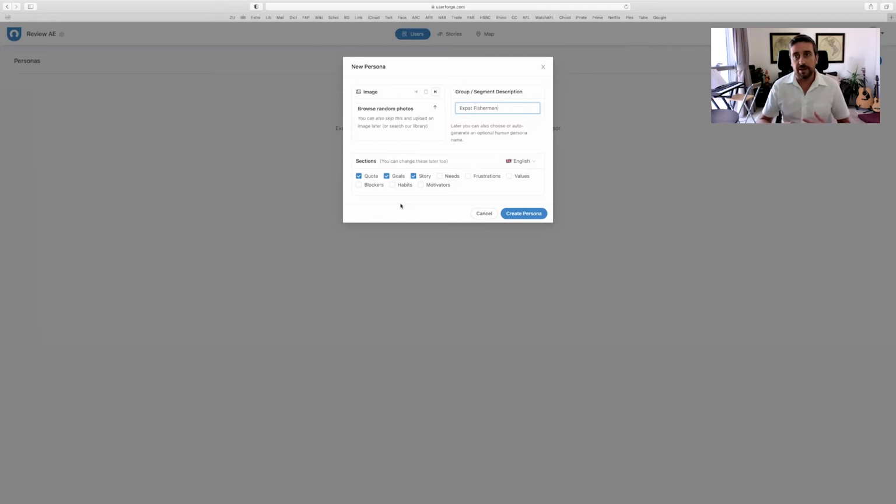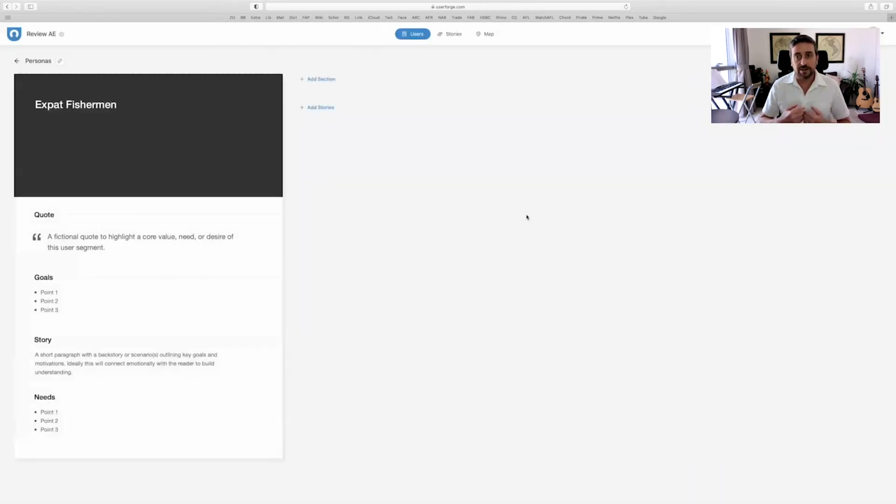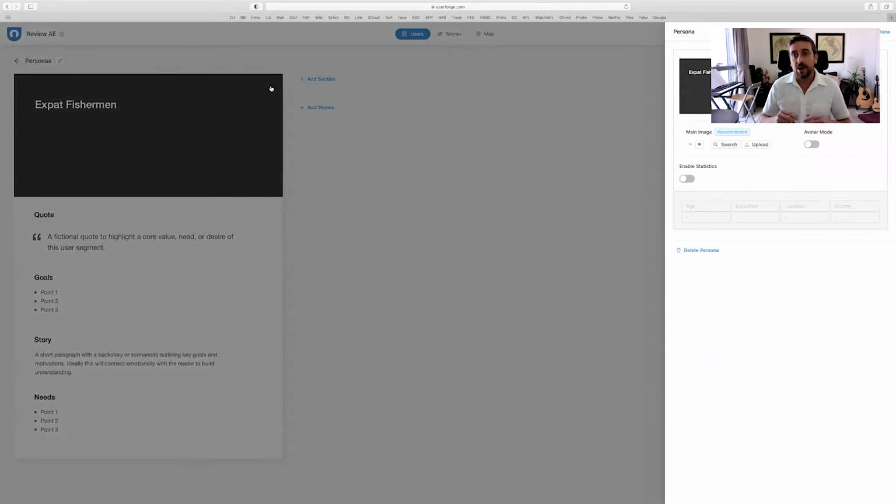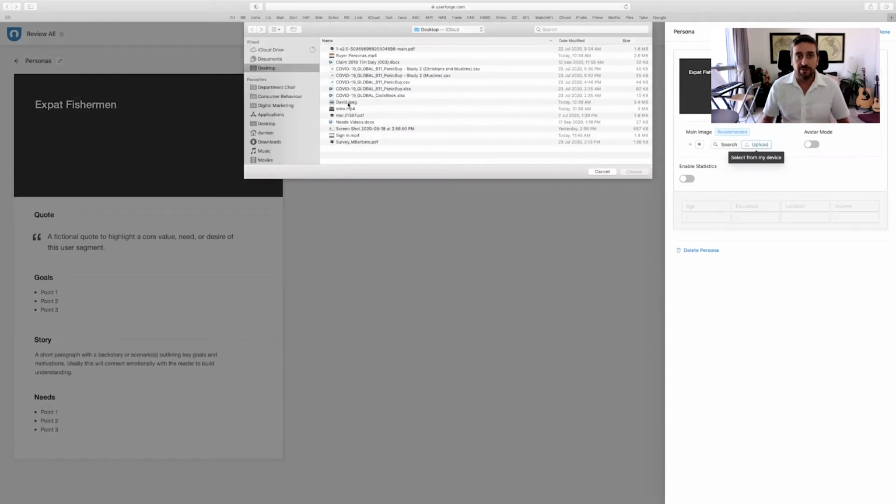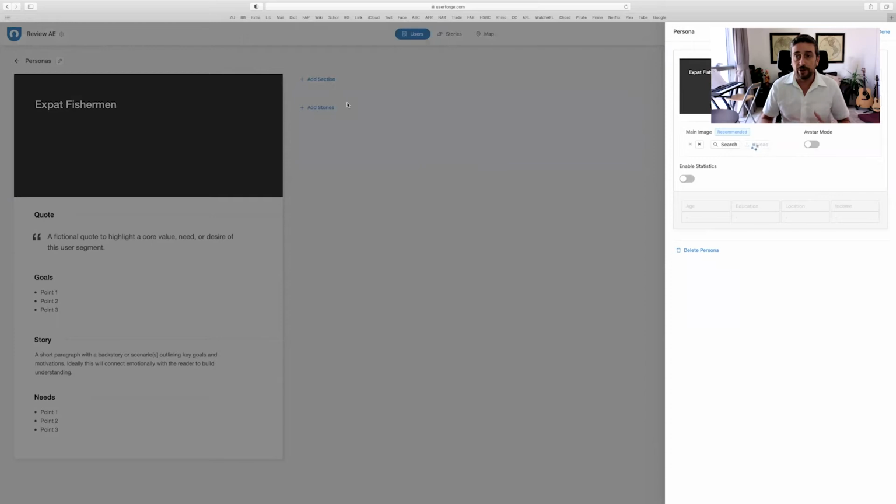In the assignment, it asks you to make sure that you include a quote, goal, story, and also the needs of that particular buyer. So I'm going to create my buyer persona, and here you can see the persona on the left, but it doesn't include any of the information. So now I'm going to add some sections. Specifically, I'm going to add a photo of this buyer to make that person come to life. For me, the expat fisherman, I've already found a photo that I think appeals and is really descriptive of